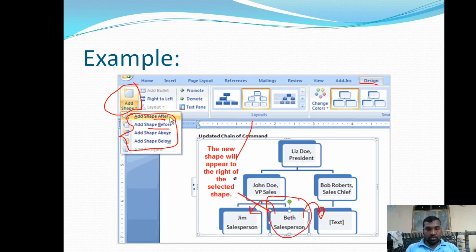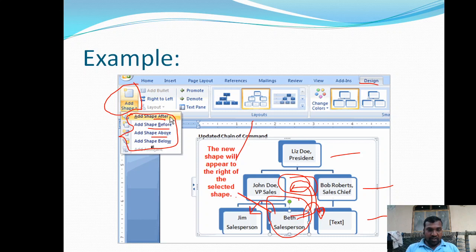If I want to add a shape above this particular one, above means towards the top, one level up. For example, this is the first level, this is the second level and this is the third level, and if I want to add a shape above, it is automatically inserted here.